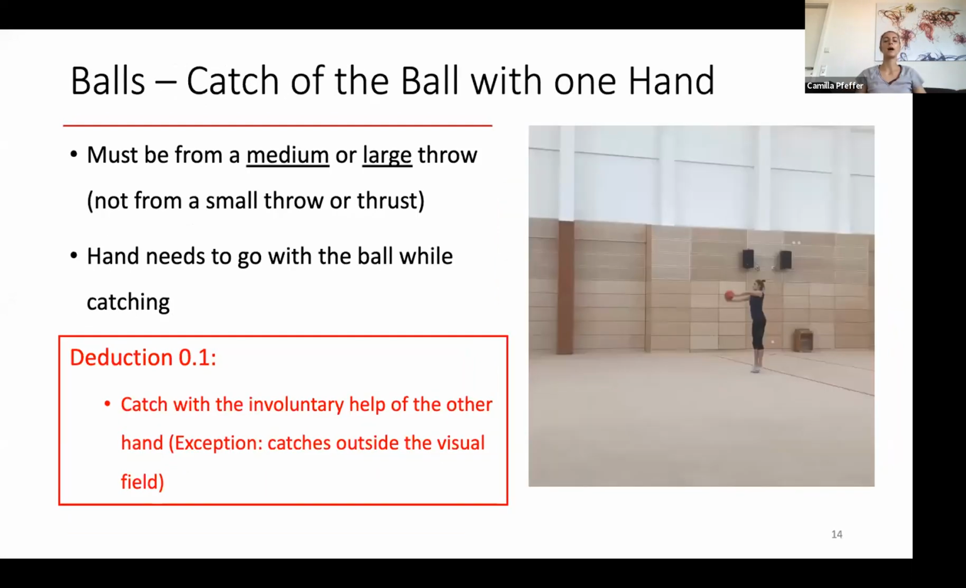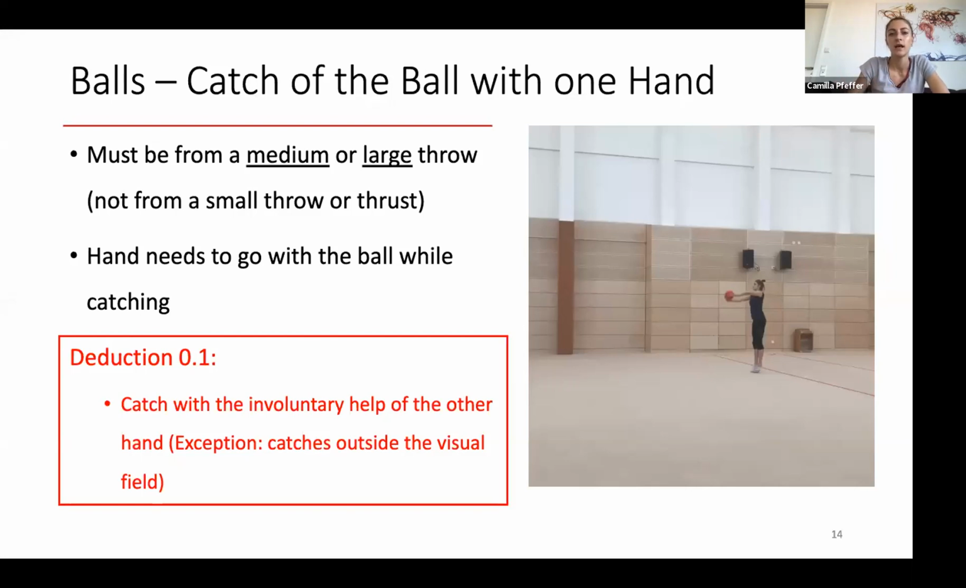The next fundamental technique with the ball is the catch with one hand, and it must be from a medium or large throw, and it's very important. It will not be counted if you do a small throw, like 1 meter or something, but it must be minimum double the height of the gymnast you throw to be a medium one. And then you need to really understand how to catch the ball properly, to be able to catch also high throws